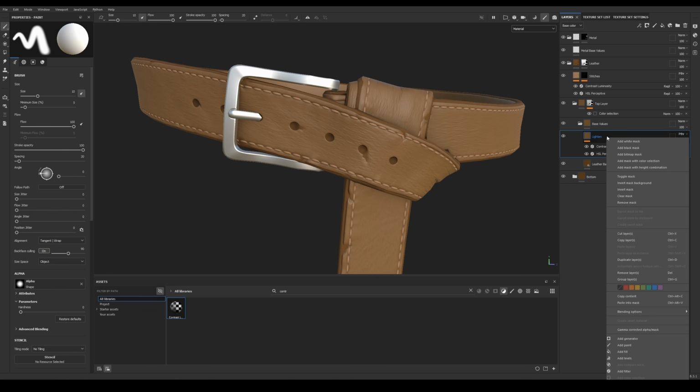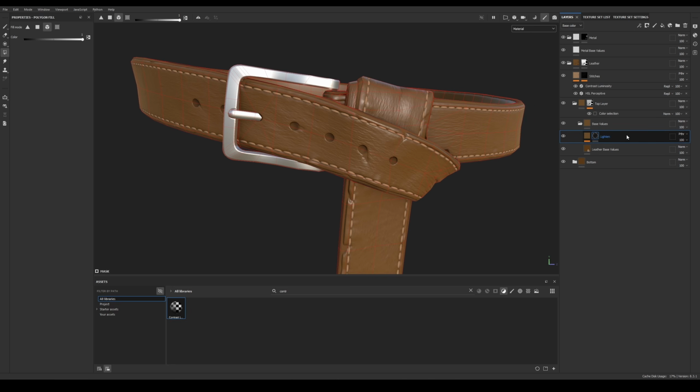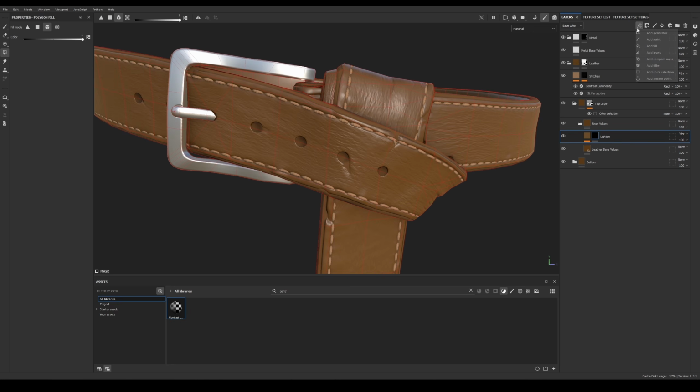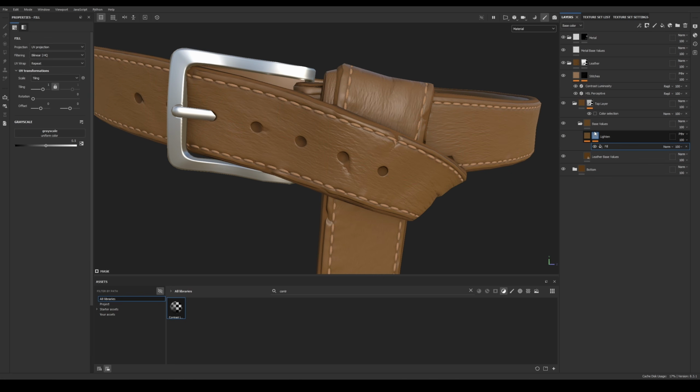We need a mask. We right click, add black mask. Then over here we can add a fill to that mask, which now means that we can fill it with anything that we want. The default is going to be a slider from 1 to 0. If it's 0, it's filled with black, so you will see nothing. 1 is pure white, so you'll see everything. But what we want to do, instead of using a slider,